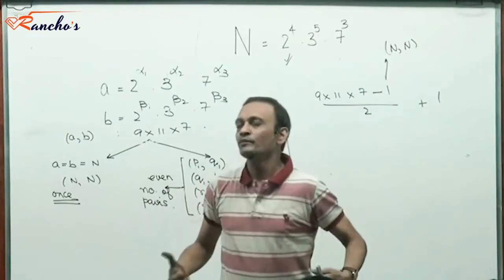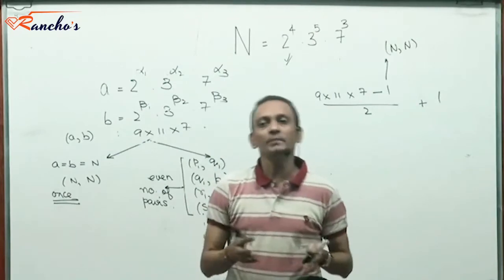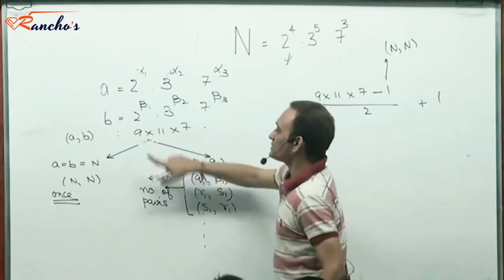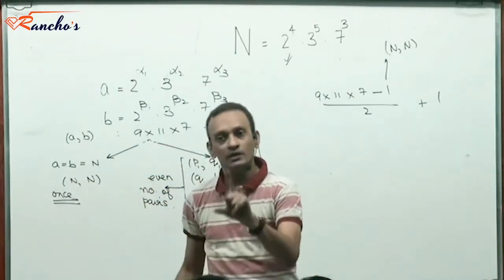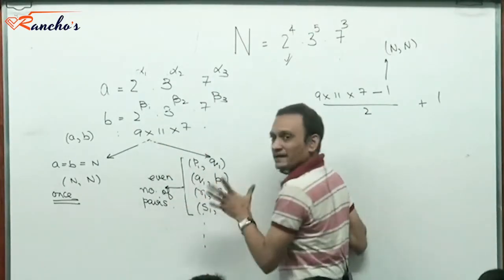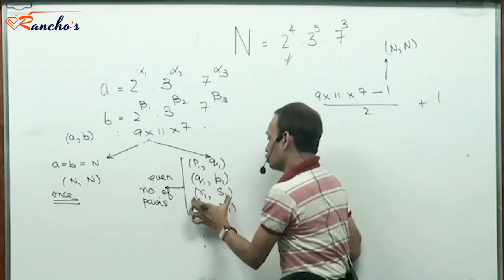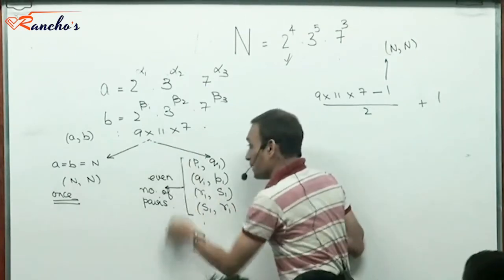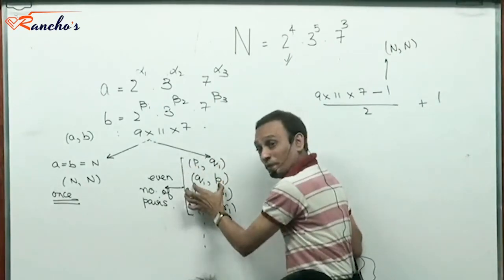Now when I did that, I looked upon a pair AB as different from a pair BA, right? In these many pairs, there was one pair where A and B were both equal to n and their LCM was n. That choice was made only once, right? The rest of the pairs were each of the following kind: P1 Q1, Q1 P1, Q2 P2, P2 Q2, Q3 P3, P3 Q3. They were an even number of pairs. One pair, two pair. Because for every PQ, there would be a QP.